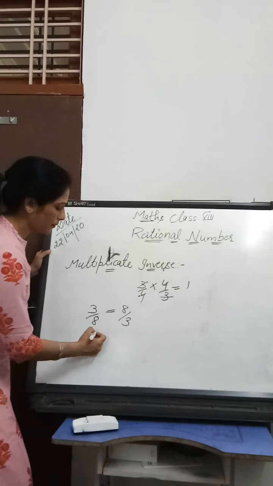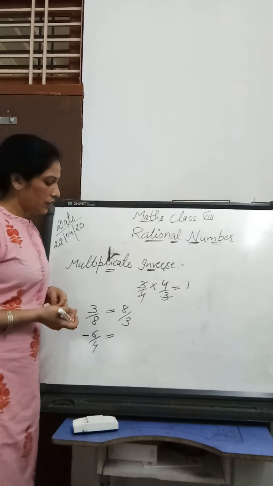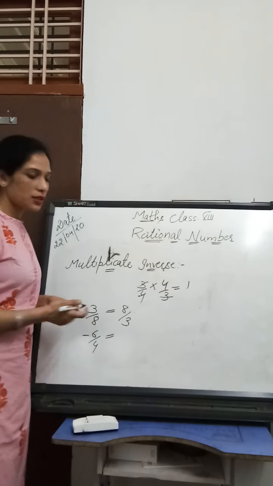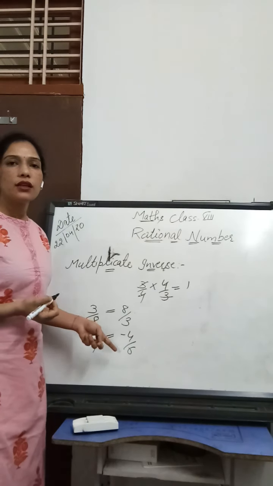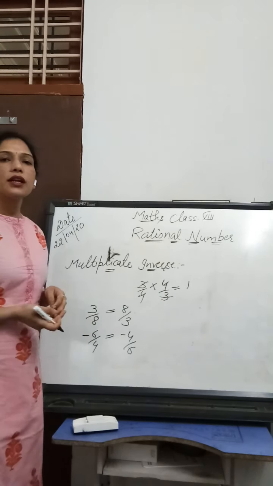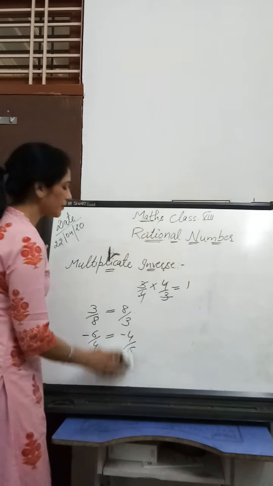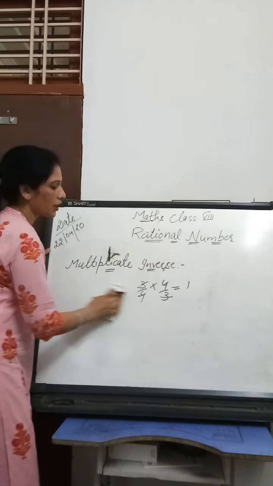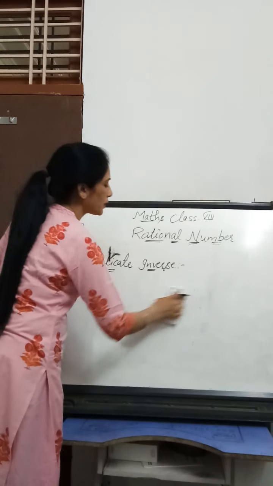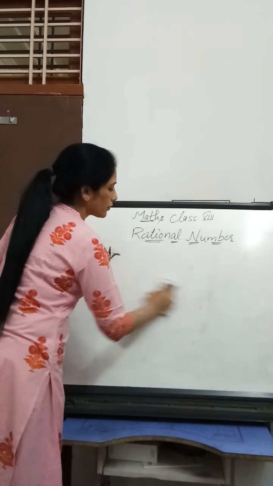If question is minus 6 upon 4 and you have to write the multiplicative inverse of minus 6 upon 4, then it will be minus 4 upon 6. No change will be there in the sign. Sign as it is you have to write. You just have to reciprocal the given rational number. Clear? So this is the multiplicative inverse. In multiplicative inverse, you have to write the reciprocal of given number, and in additive inverse, you just have to write the opposite of the given rational number.